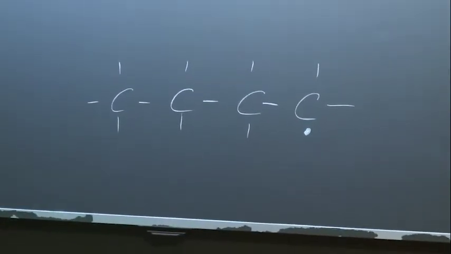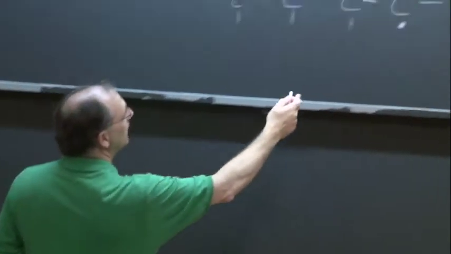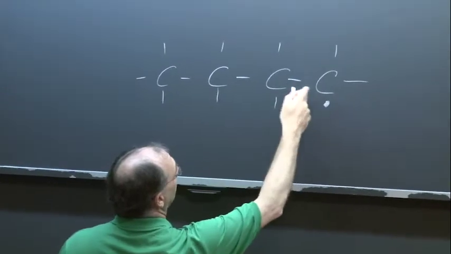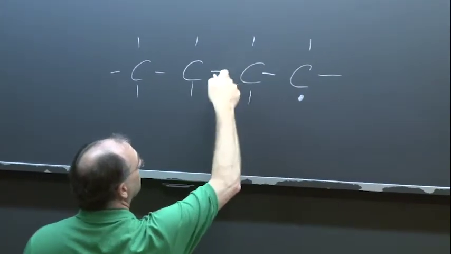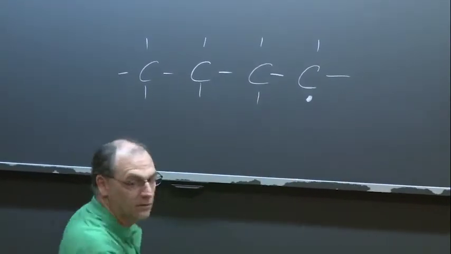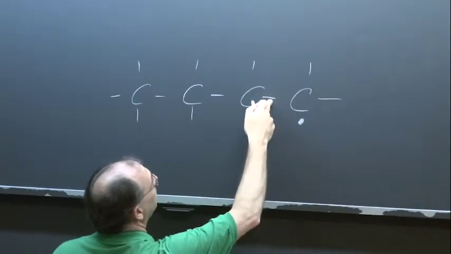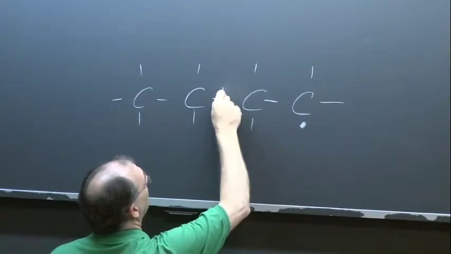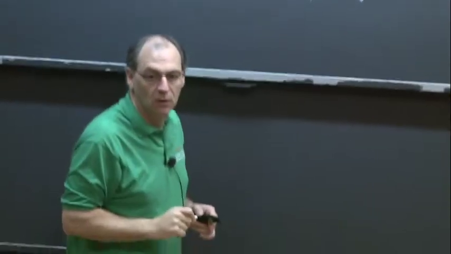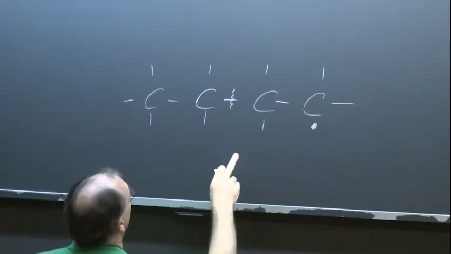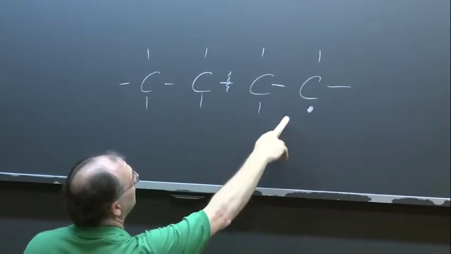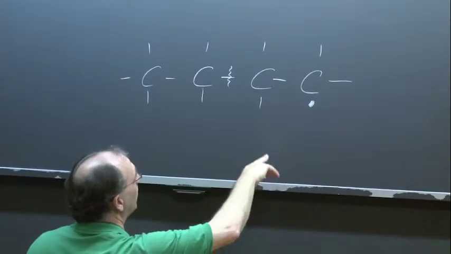What typically happens to this is what's called beta scission. So beta scission means you break this not on the first bond, but on the second bond from the radical position. So if I look at this, this is the first bond, this is the second bond. So either it would break here, and then I get here another radical, and here I get a double bond,